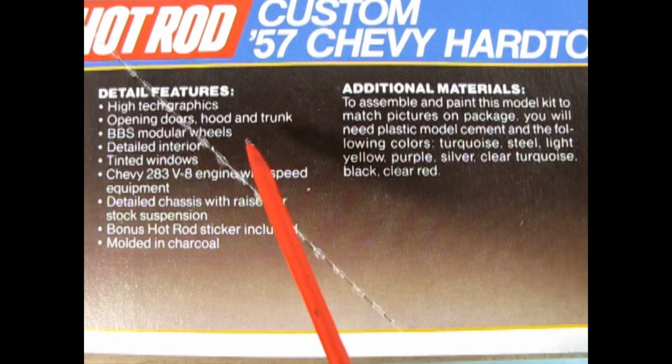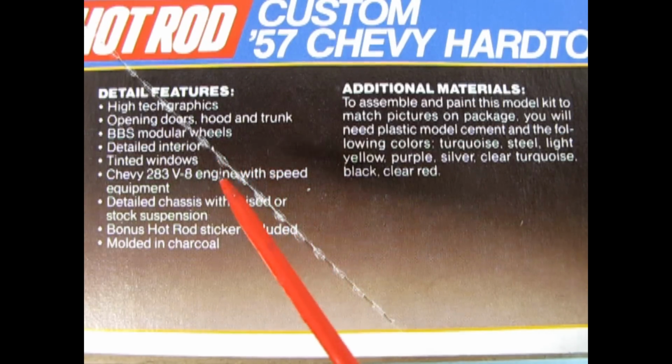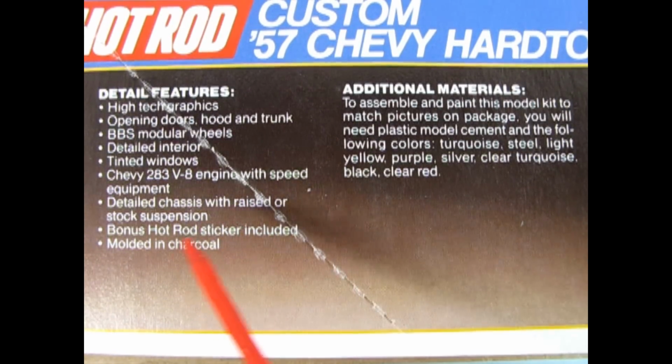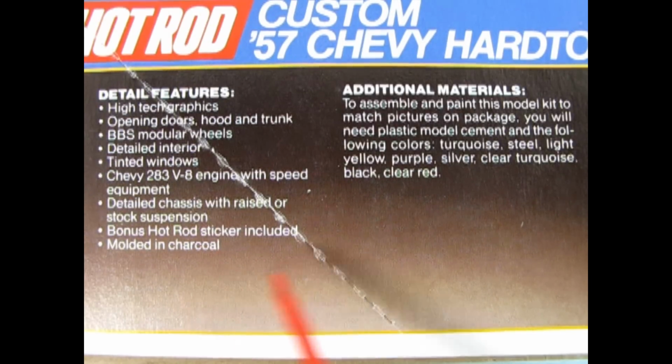High technical graphics, opening doors, hood and trunk, BBS modular wheels, detailed interior, tinted windows, Chevy 283 V8 engine with speed equipment, detailed chassis with raised or stock suspension, bonus hot rod sticker included, molded in charcoal. Additional materials: to assemble and paint this model kit to match pictures on the package, you will need plastic model cement and the following colors: turquoise, steel, light yellow, purple, silver, clear turquoise,